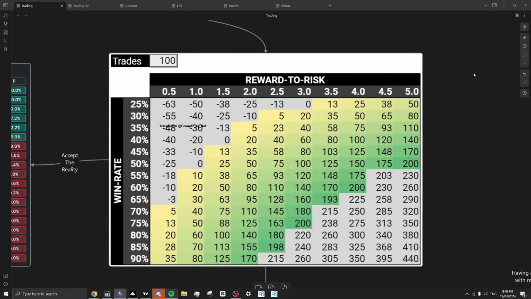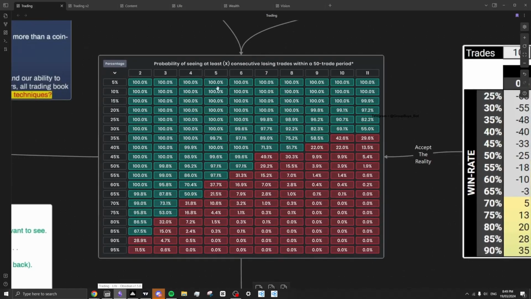So you might know what your average target is. Maybe you might not know what your win rate is. Maybe you have an idea, but you don't know the actual win rate. But this will inform how much you risk on a certain trade. If I know a setup has an 80% win rate, I can risk a lot more than if it has a 60 or 50% win rate, just because it's less likely to have a period of consecutive losing trades. It's less likely to have that average max drawdown.